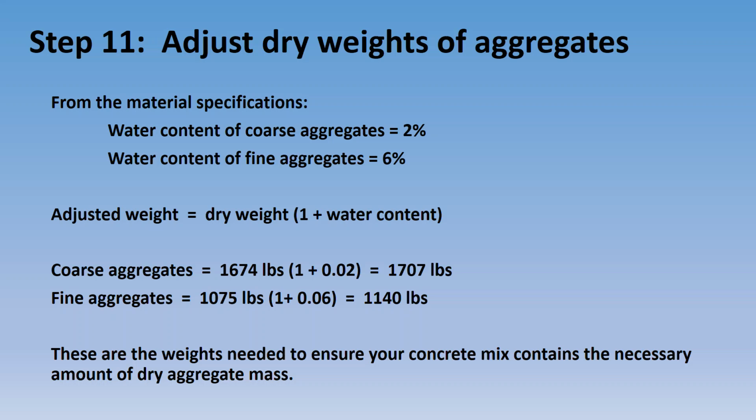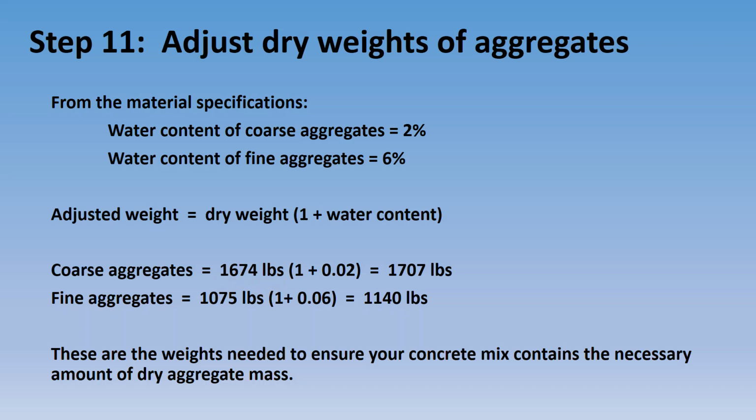That's not aggregate, right? We need the aggregates to give us the strength of our concrete. So when we calculated prior that we needed 1,674 pounds of coarse aggregate, we don't want some of that requirement to be made up of water. So we need to adjust these dry weights to account for the water,